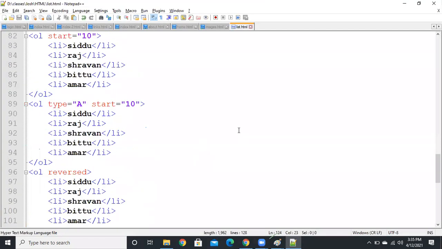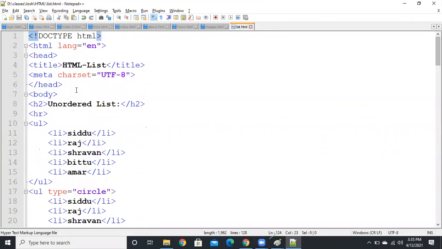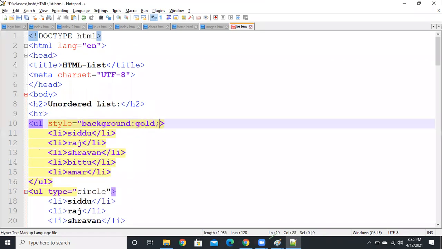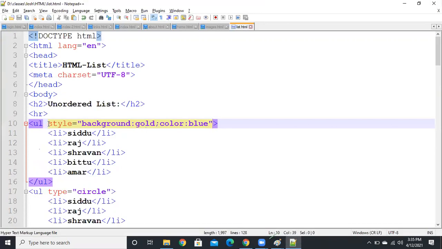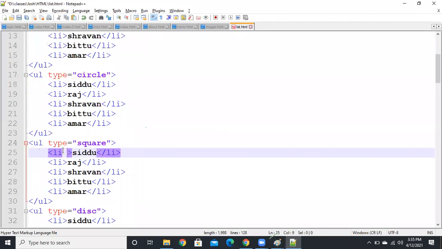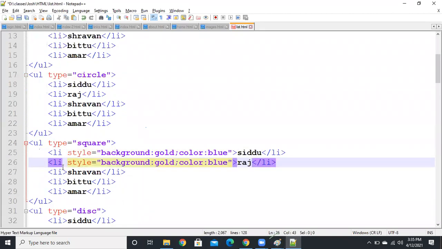Suppose you want to apply any styling to this list, you just apply the style attribute. Suppose I'm going to apply it here, guys. I'm going to use the style attribute, background. Okay. And if you want it individually, we just use the same style attribute within every element individually, right?